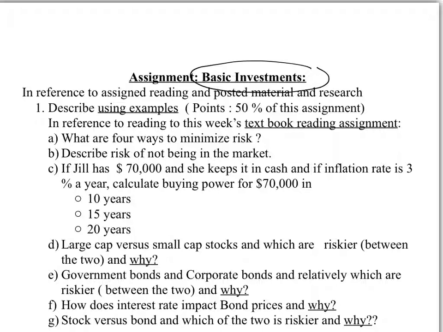The very first one is that many of you have done a very good job, but there are some of you who appear, at least when I look at your submission for the assignment, that you may not have read the assigned chapters, especially the ones you need for this assignment. I would recommend that if chapters are assigned, you read them, because it's definitely going to help you answer the questions. For example, when you look at 1A, which is what are the 4 ways I say to minimize risk,